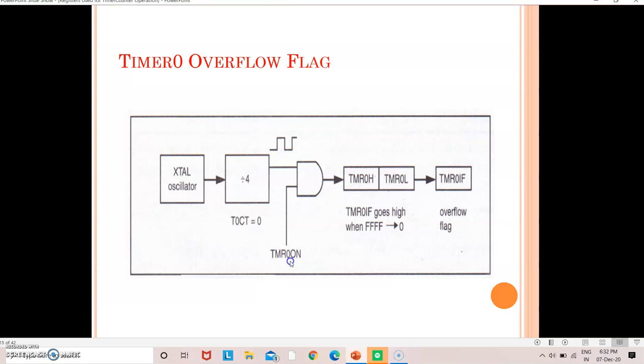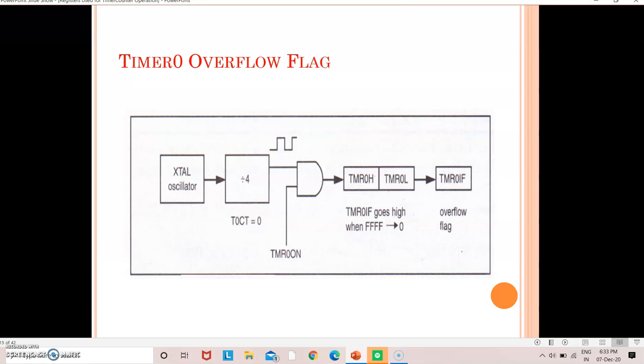I need to check whether this bit is set to 1, and only then the value loaded in the timer 0 register will start counting from that value to FFFF. And when it rolls from the maximum value to the minimum one, at that time this overflow bit is set. That's how the programmer will come to know that it has reached the maximum value.